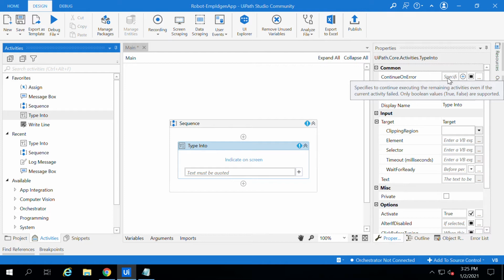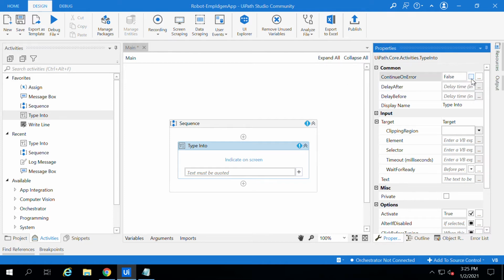We can type it here or check it in or out. Right now by default it is false. I'll keep it as it is. And there is a delay after, so we can add a delay in milliseconds after performing any action like submit or anything. Similarly, there is a delay before, so we can add some delay before performing any action.